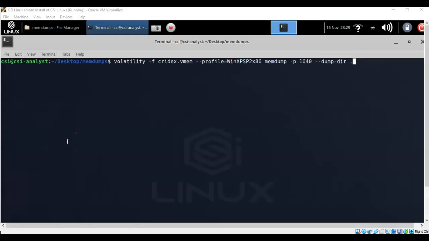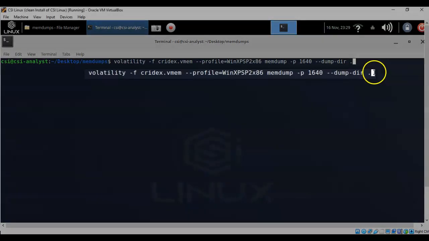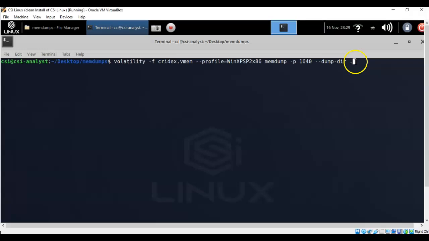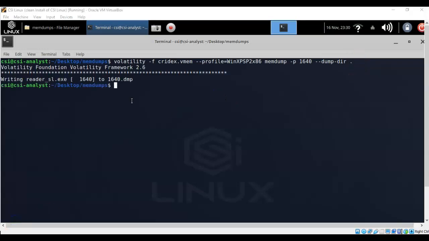We next need to look at the addressable memory that was being utilized by the executable. So in this example, what we're doing is pulling out all the available information we can about the process ID 1640 that is running and is associated with that executable reader_sl.exe. Go ahead and hit enter. And so now we're hoping that we'll be able to look closer at what was going on inside of the memory where this